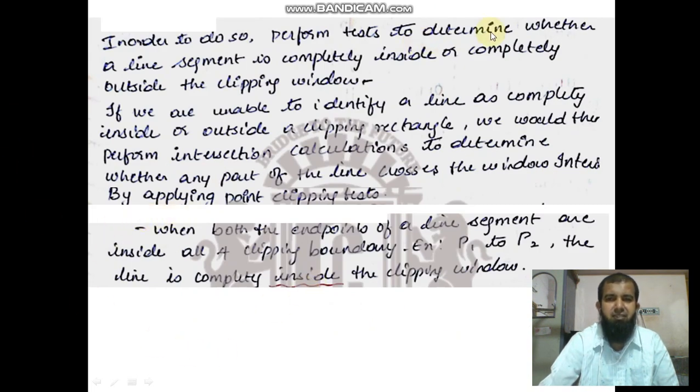First you have to determine whether the line segment is completely inside or completely outside the clipping window. If we are unable to identify a line as completely inside or outside a clipping rectangle, we would perform intersection calculation to determine whether any part of the line crosses the window, by applying the point clipping test.